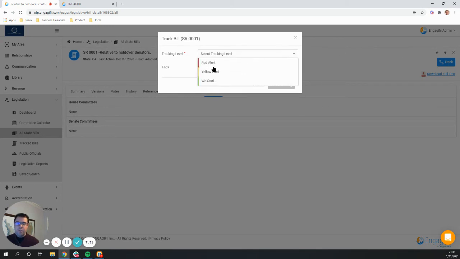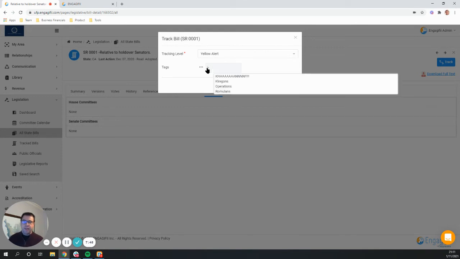And I'm going to choose what level of urgency. And of course, this is a customizable list. By this point, you've probably already customized it. But I'm going to choose what my urgency level is for this bill. I'm going to say yellow alert, right? And if this has to do with a particular